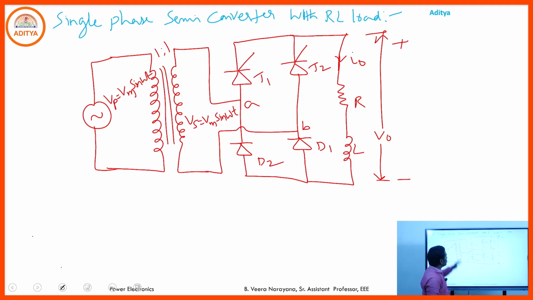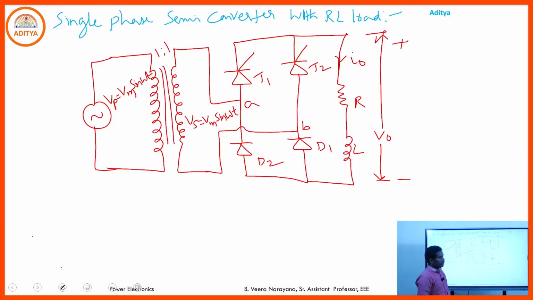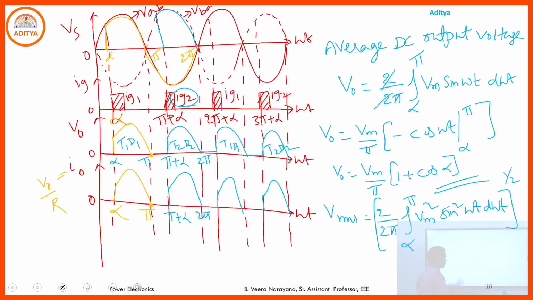So here, single phase semi converter with RL load, the circuit diagram is the same. It consists of one isolation transformer, two ideal thyristors and two ideal diodes, but the load should be considered as RL. That means the series combination of resistor and inductor should be considered as the load for these half controlled converters. And if you go through this operation, what you observe here,